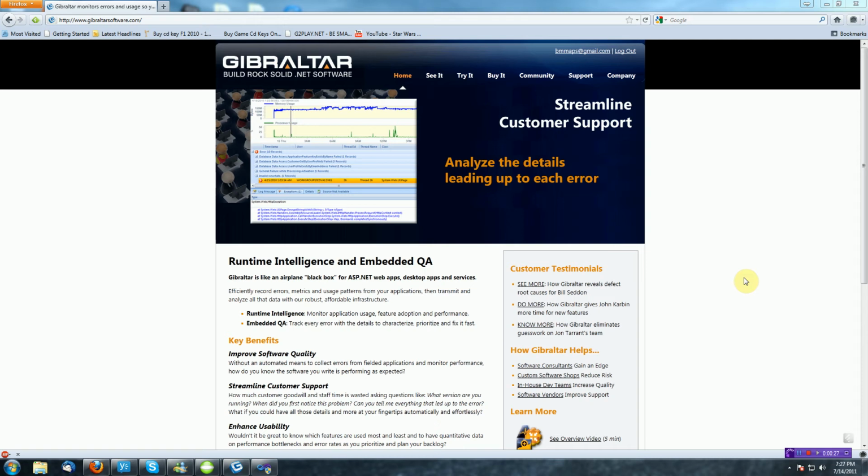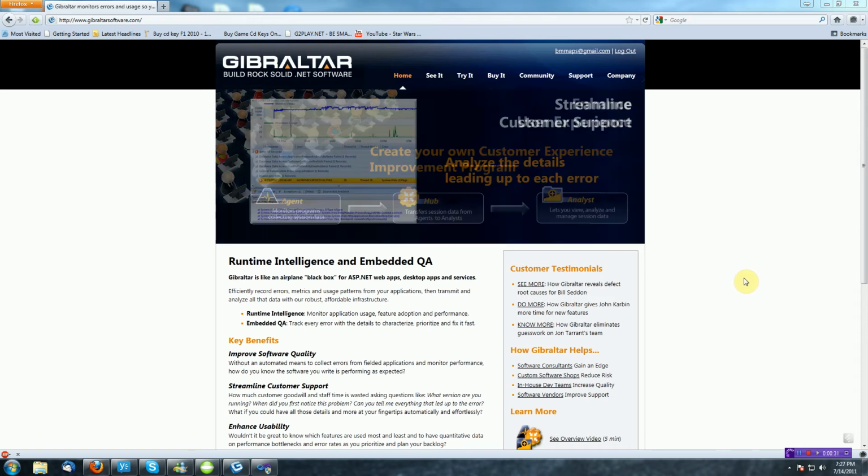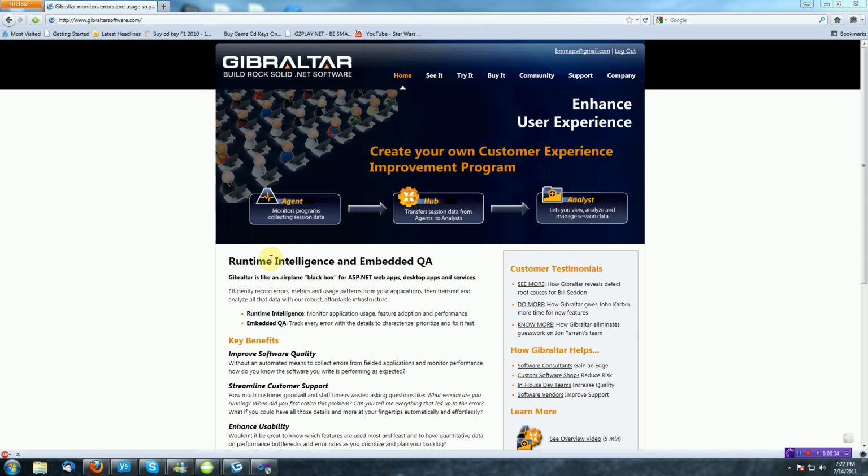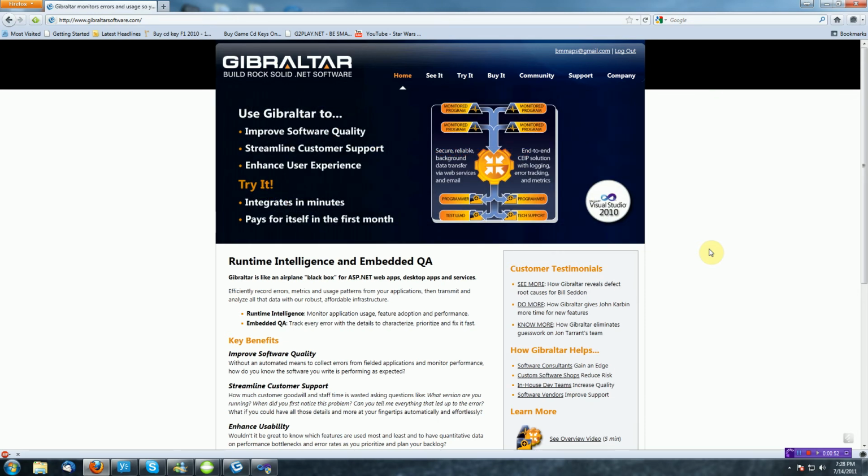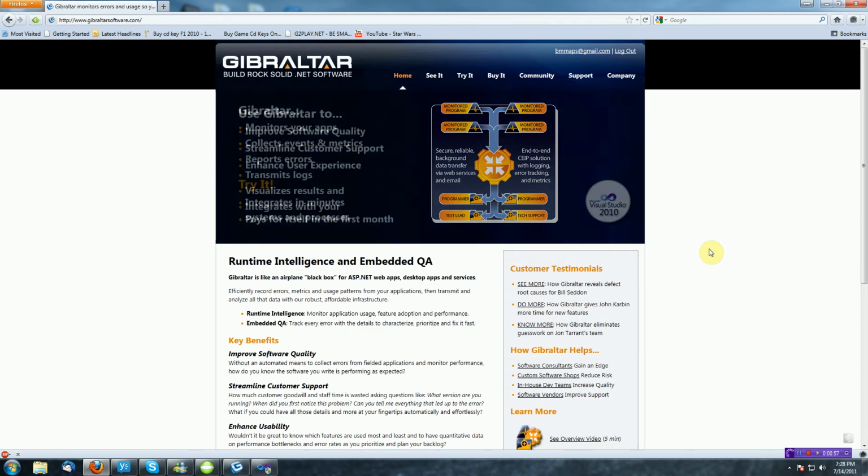Well, that's simple. There's actually a .NET extension for VB.NET, C#.NET, and any other .NET language such as ASP.NET called Gibraltar. And I actually went ahead and picked this up, and I'm going to show you some of the cool features of it. Pretty much all it does is catch your errors from your application and then send them back to you. So no matter where your application is, it can send information from your application to this thing called Gibraltar